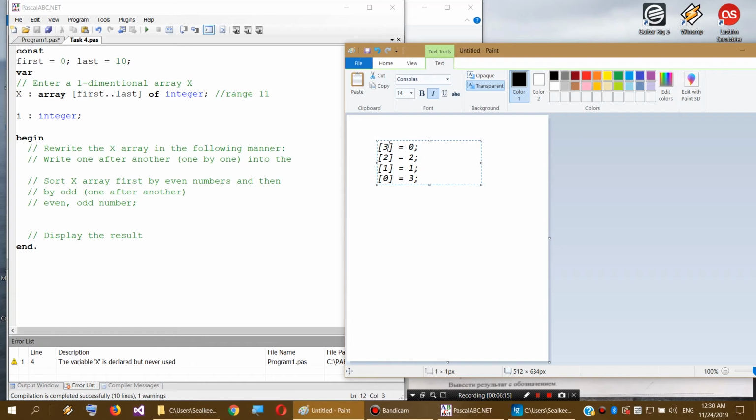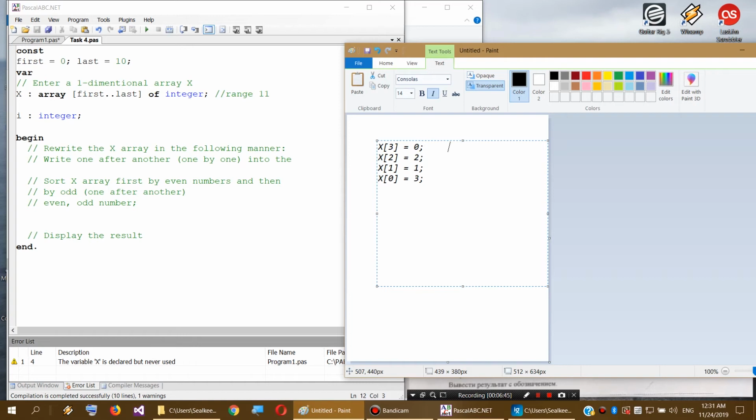So this is going to be the index to the left and the value is going to be to the right. So what I think is the most relevant case here to solve this task is to use an insertion or maybe swapping method